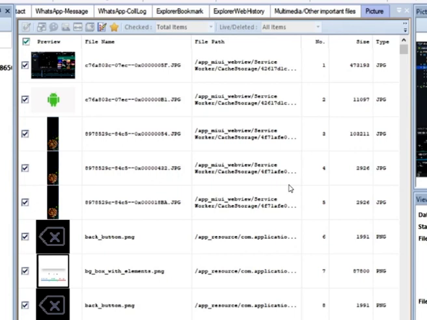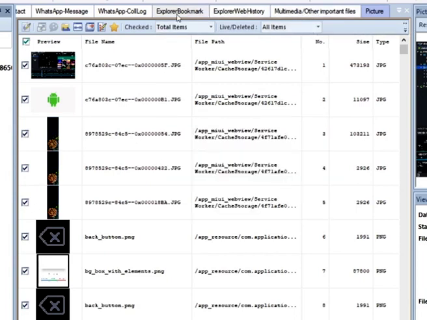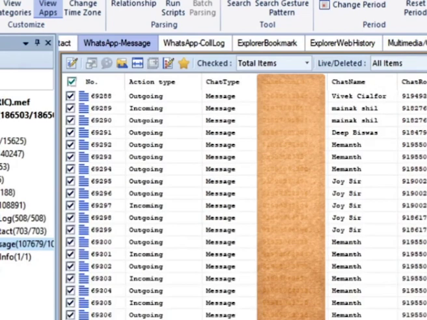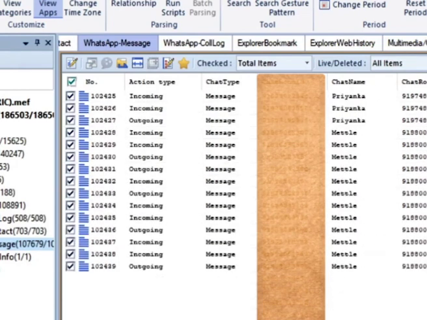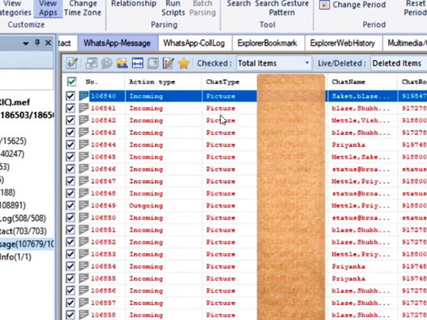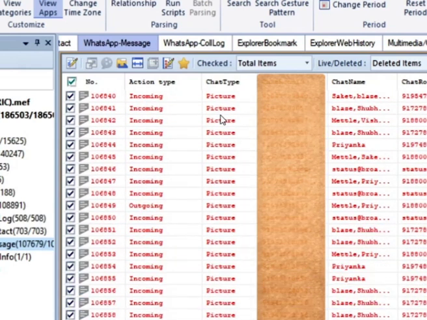These images were either deleted via a certain app or have been deleted automatically when an app was uninstalled. The application was able to recover the thumbnails for these images. Next, we can see a table of deleted WhatsApp data, which can be WhatsApp messages, it can be WhatsApp images, videos or voice notes. The application was able to recover deleted data from WhatsApp. The content in red are all deleted files.